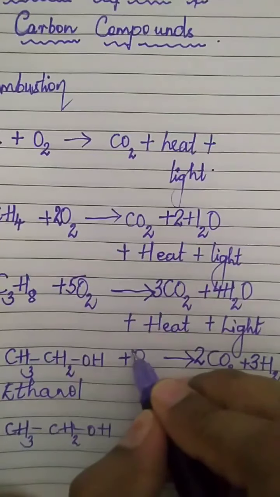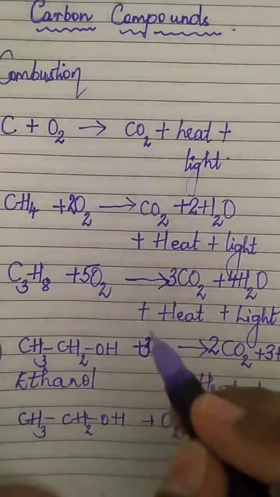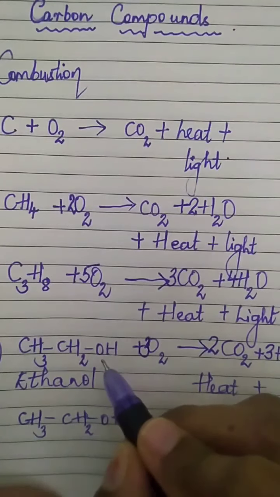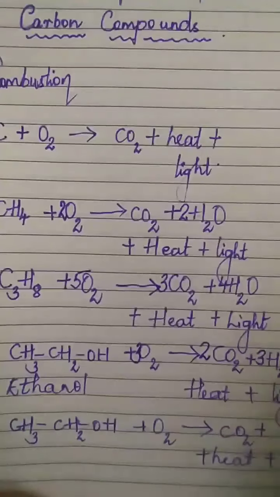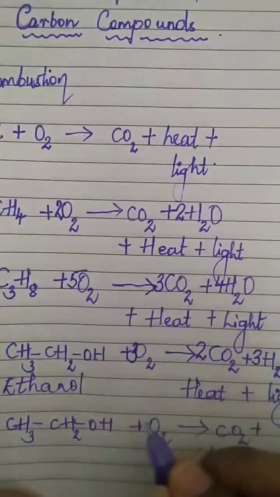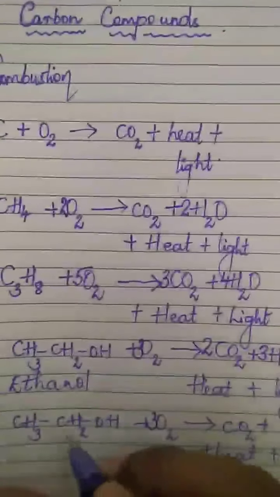If I put a 3 here, just look at the balancing now. The oxygen became 3 2s are 6 plus 1, 7. Correct? So this side also, 2 2s are 4, 4 plus 3, 7. Okay, balanced. Fine. So without any cancellation we got it. So I'll write the reaction neatly once again below.